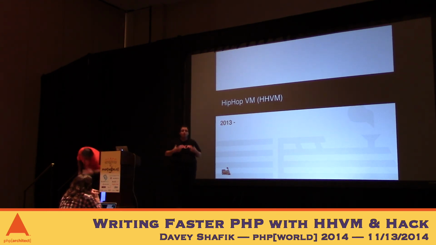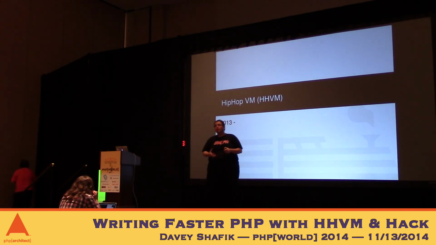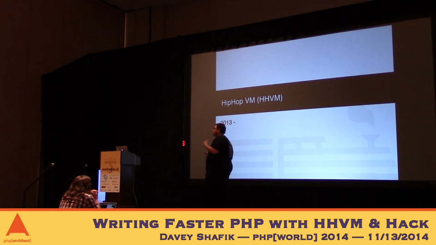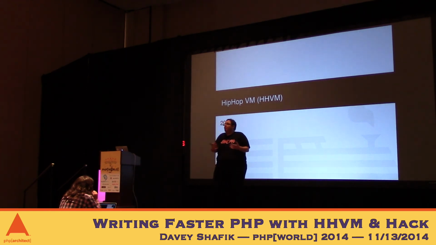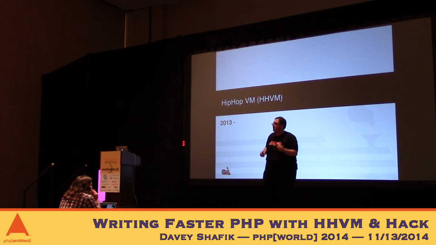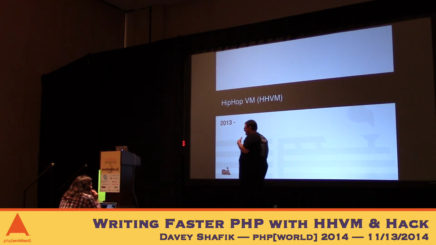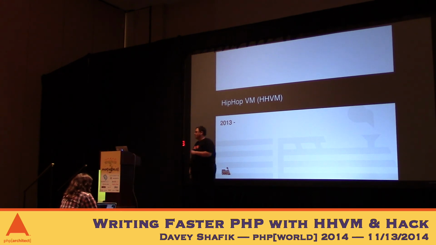So one of the goals of HHVM is to match PHP bug for bug. We know PHP is far from perfect. There are some behaviors in there that are really weird, but that's the way it is, and they don't want to break backwards compatibility. So Facebook, instead of saying, well, we've got a perfect PHP now because we've written it from scratch and everything's planned out and we know what we're doing, we've got a language spec, which they worked on as well, rather than just making a better PHP, they decided it was better for existing code to run and to match the bugs and the weird behavior as well.